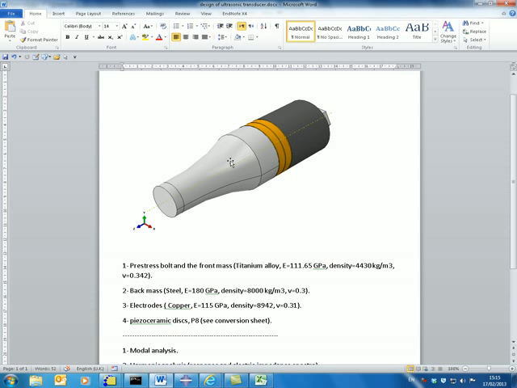The first part is the front mass, which is made from metal. The second part is a combination of electrodes, which are usually made from copper, and piezoelectric discs, which are a composite material that converts electrical energy into mechanical energy and creates waves when excited by harmonic excitation. And then the back mass, which is a metal as well, and the prestress, which is used to tie these parts all together